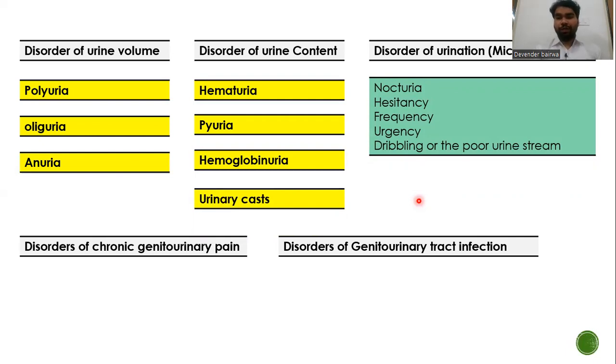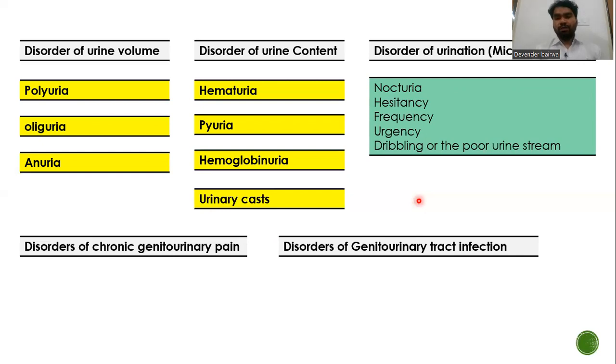They can have symptoms like nocturia, which means increased frequency of urination at night, or there can be hesitancy, which means difficulty in passing urine, or there can be increased urine frequency. There can be urgency, which means as soon as the patient wants to pass urine, he feels as if the urine will leak out. This is because of detrusor hyperactivity. Or there can be dribbling or a poor urine stream if there is some kind of obstruction or poor force